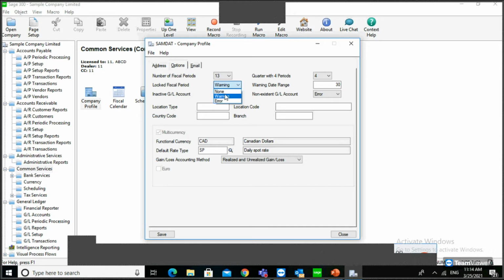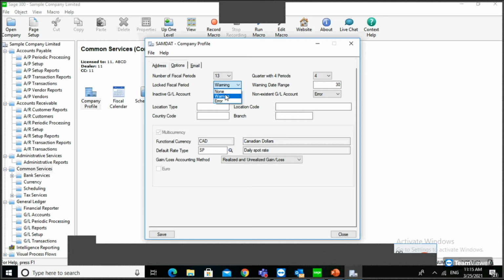There are two settings here: lock fiscal period, with three messages: none, warning and error. None means even though the fiscal period is locked, you can post the transaction; there is no restriction. If you give warning, a warning message appears when you are posting if the fiscal period is locked, and if you choose yes, you can post the transaction.